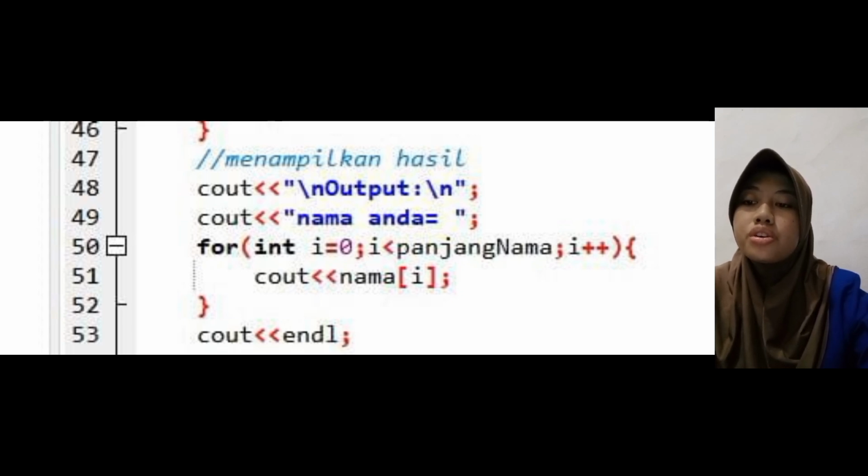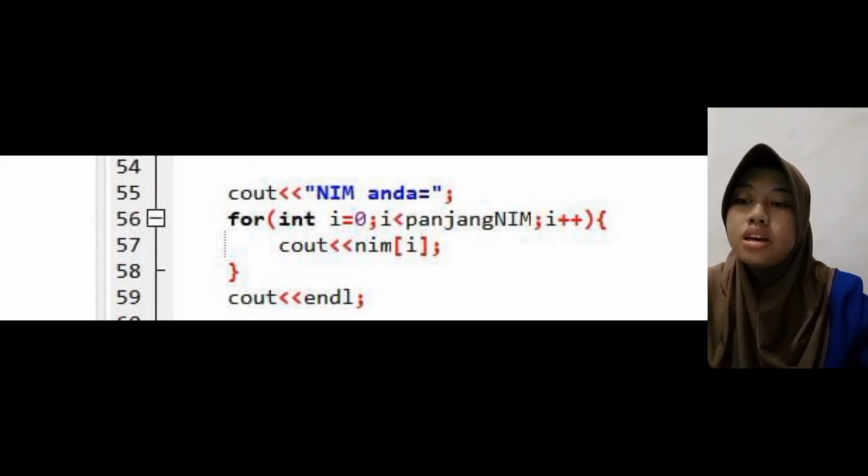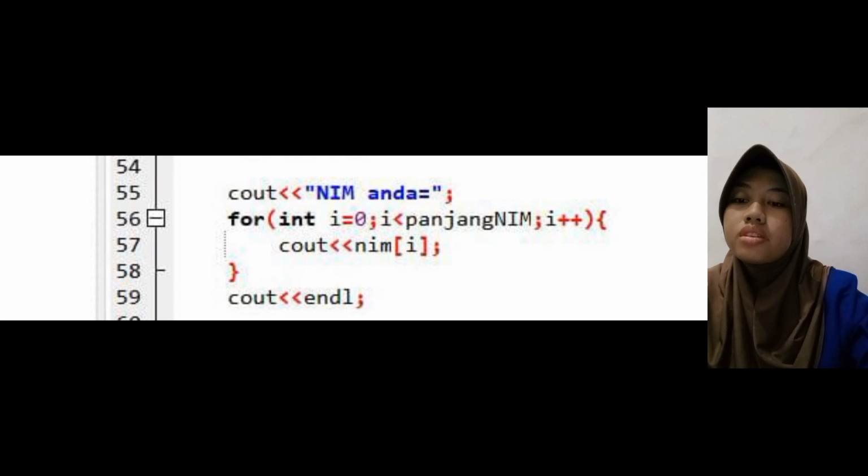And then cout your name, this is the text that will be displayed on the screen, namely your name. For int i, this is the start of a for loop. And then cout name, in this loop each number in the name array will be printed one by one. And then cout newline, this command functions to create a new line after all the numbers in the name array are